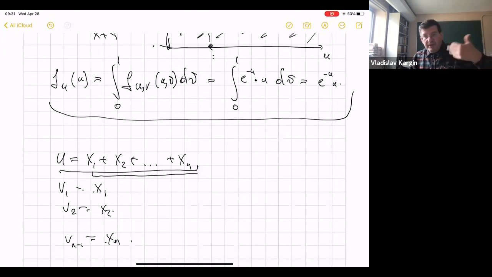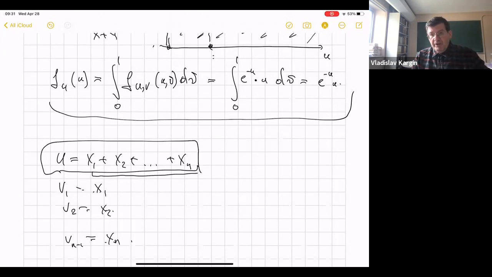Next time we'll see whether it is possible to calculate the distribution of the sum of random variables in an easy way, and this will be done using the moment generating function. All right, so that's it for today. This was a hard